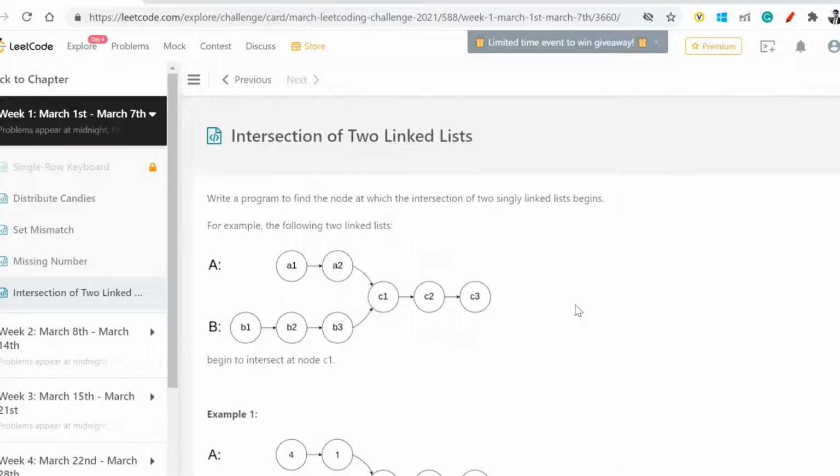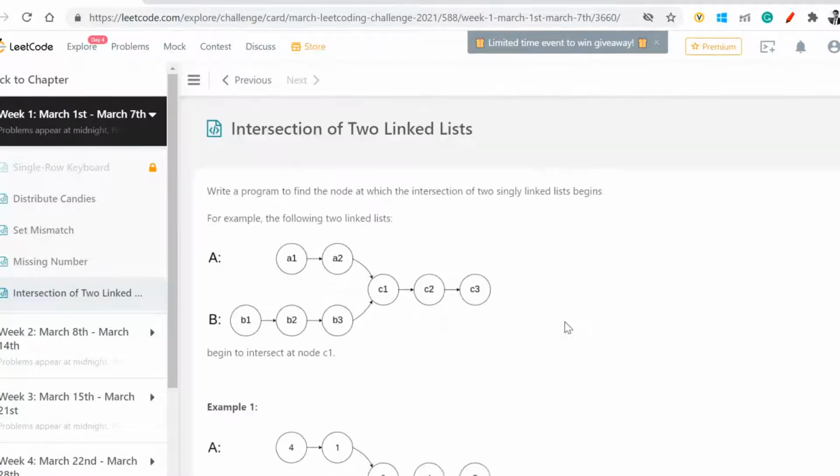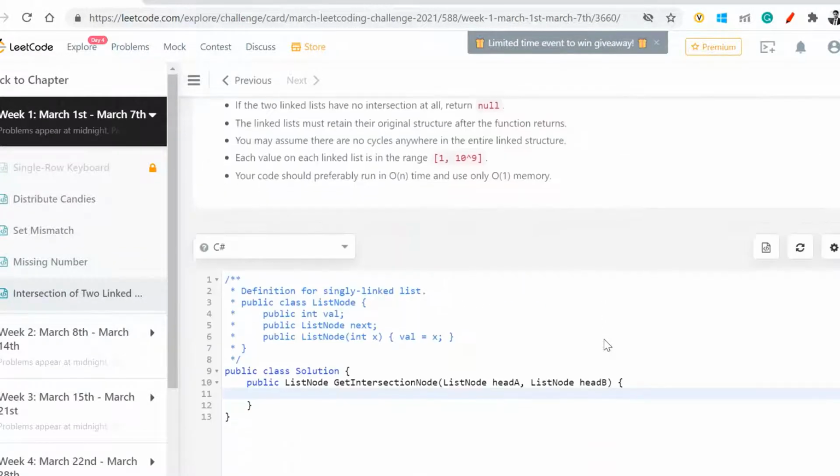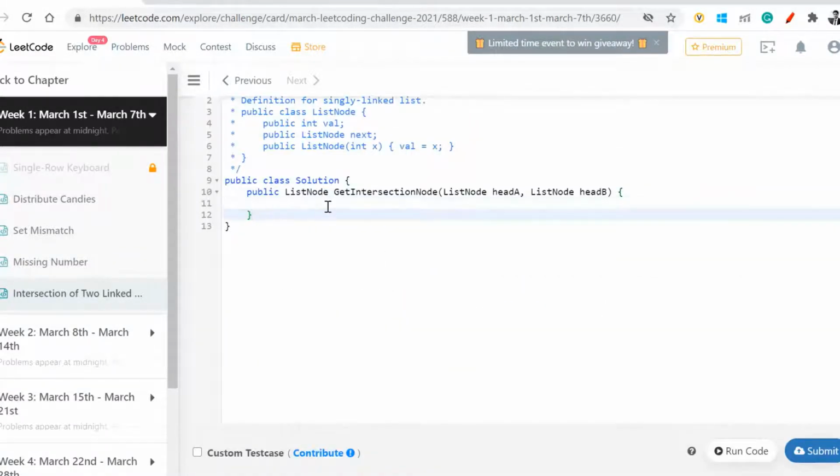If you see what linked lists are, you cannot directly go ahead and sit into a given node and retrieve it. You need to go one by one to that node, right? So hence I'm converting that linked list into a collection, and then I can use the properties which are there. A list has a contains method. I'll use that to fetch this value, right? So let me quickly pen this down. Post that we'll see how we can further optimize it.